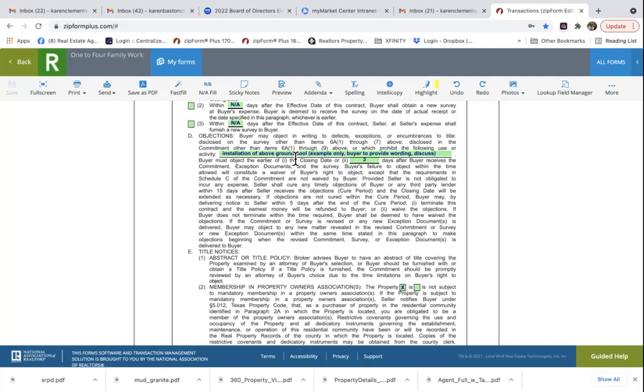Okay, what property are you buying? Residential property? If you're buying residential, you can leave it residential, but you don't have to. This just says you want to make sure that all your deeds and everything, it's used for residential use. My point was, you don't have to put those words in there because you're using a residential contract and you're buying in a residential area, it's going to be residential. This is used for things outside of that box. If there is no objection, does it make sense to just leave it blank or put an NA? You can just leave it blank and still put